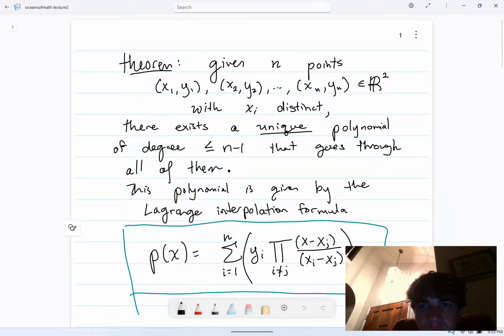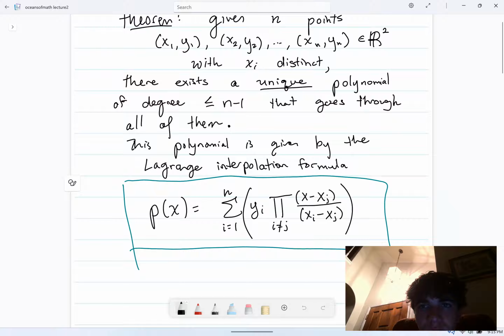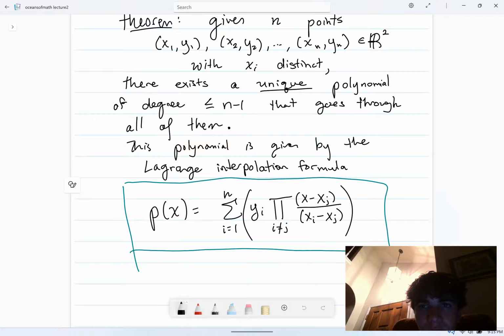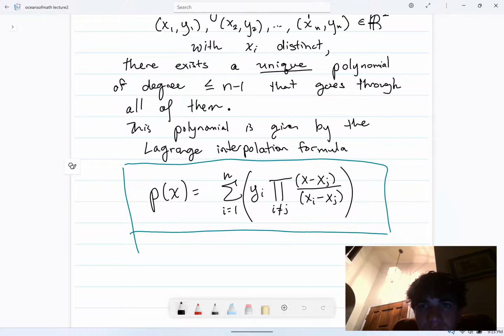Hello. Today we're going to be talking about a very unique theorem called the Lagrange interpolation formula, which basically says that if somebody gives you n points with all of the xi distinct, then there's a unique polynomial of degree less than or equal to n minus 1 that goes through all of them. And we can actually solve for this polynomial using this formula called the Lagrange interpolation formula, which we'll discuss in